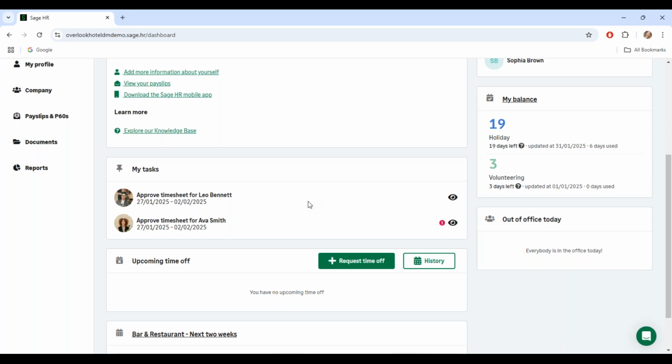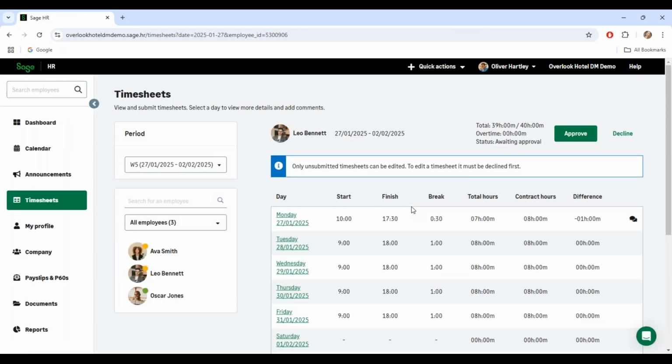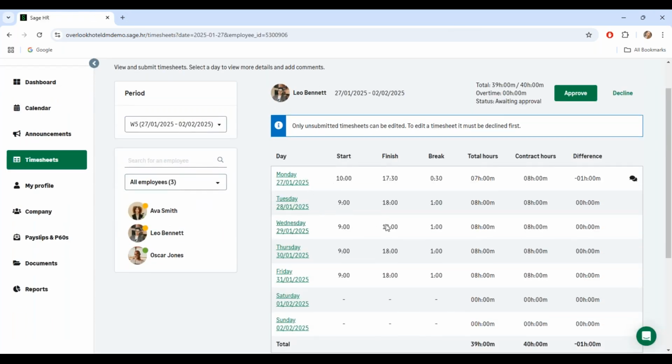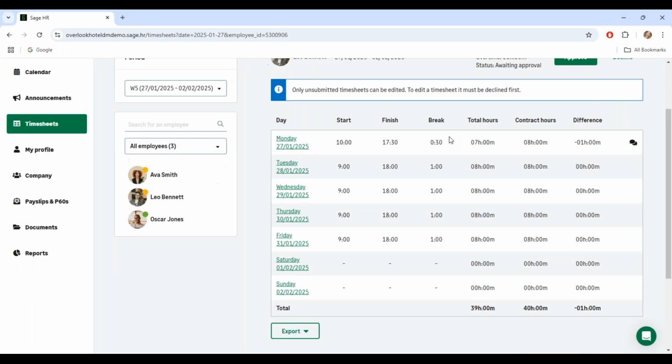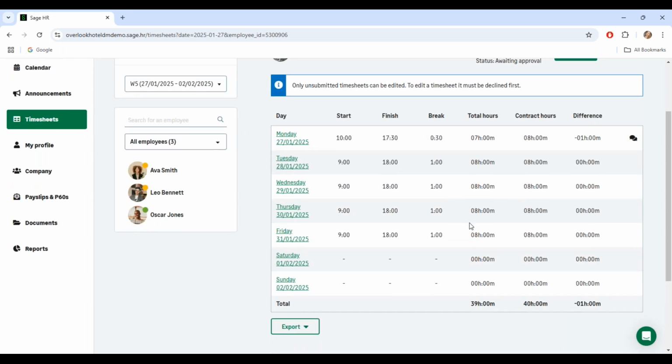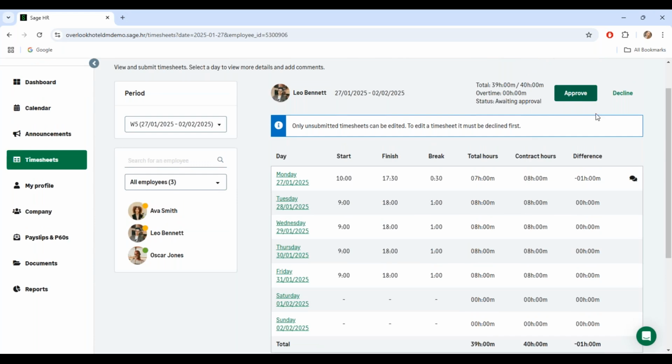But Oliver could go ahead and view the timesheet. So let's view Leo's first, another one of my employees. Oliver would be able to check this over and notice that this message is here too, warning us that you do need to decline the timesheet first in order to edit it. If it's correct, they'll be able to click approve, and if not, then there need to be amendments made, so click decline. Notice at the moment Leo has a yellow dot against his name, so he has submitted the timesheet, but it's not yet approved. But if we go ahead and click approve,